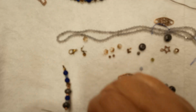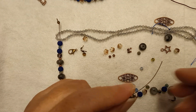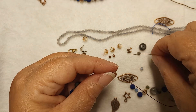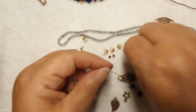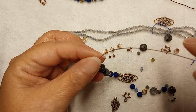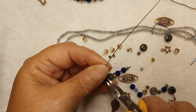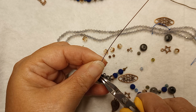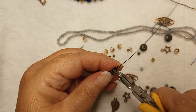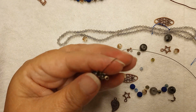All right, let's go ahead and close this. Because we can always add a piece of chain and make it bigger, but we cannot make it smaller for somebody without redoing the entire bracelet. So we're going to go ahead, put our clamshell on, open it wide, drop our crimp tube in. We're going to kind of give it a little bit of a curve. We are working with a tiny piece. We're going to grab that. We want to make sure that our beads are all nice and snug, but not too snug. I'm going to pick it up now, and we're going to make sure that that crimp tube is nice and mashed. We're going to give it a tug test, and now we're going to crimp off